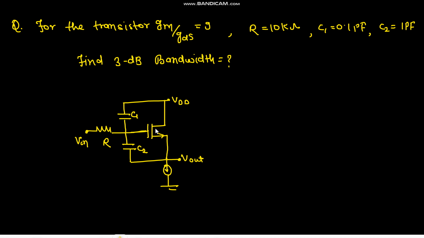Hello everyone. So this is one good question on analog electronics. You have to find the 3 dB bandwidth and you are given some certain values: gm by gds is 9, R is 10 kilo ohms, and the C1, C2 values. So now you have to find that 3 dB bandwidth. So what you can do